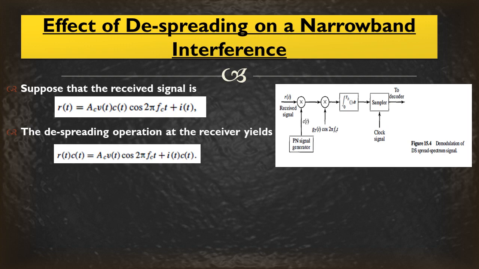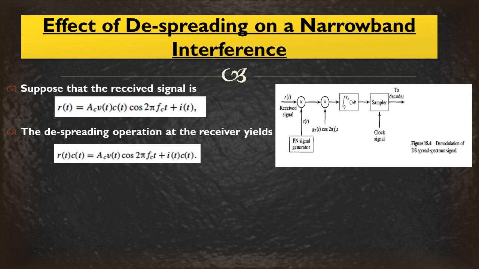Now when you multiply the narrowband signal with a wideband signal, in the output this component will be a wideband signal, correct? And in the demodulation process, this correlator or matched filter, whatever you can use there, no problem, is used to get back the original signal, because we usually use PSK modulation, and we have to get back a low pass signal in the output. But when you pass this r(t) c(t) combination through this correlator, since this is a wideband signal, that signal will not be allowed to pass.